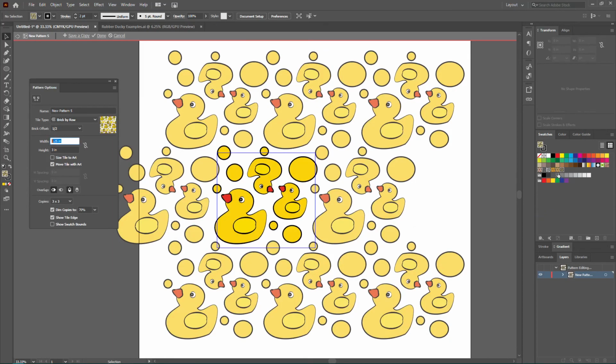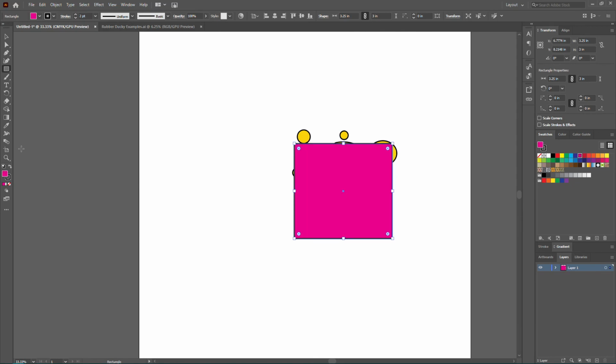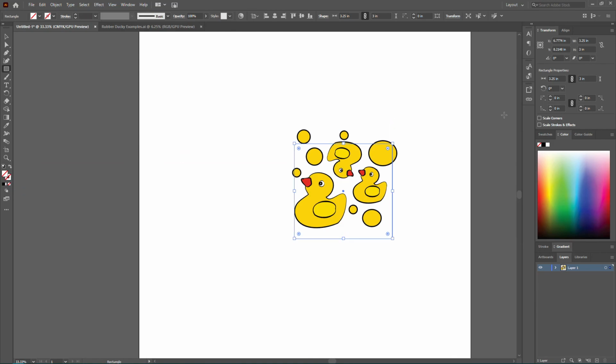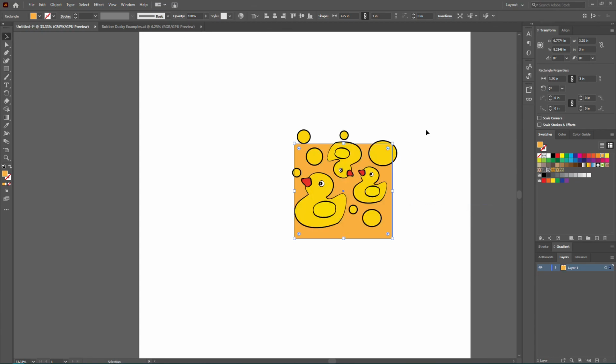So I just double clicked on the pattern. And that's why I hit done instead of cancel, because we can reference this now. 3.25 and 3 inches. So we would make a rectangle that's that size. Fill it with our background color, no stroke, and our background color. Send it to back. And we would start doing